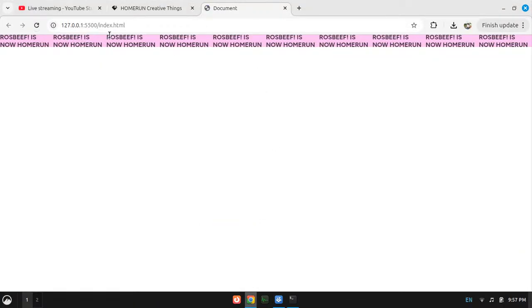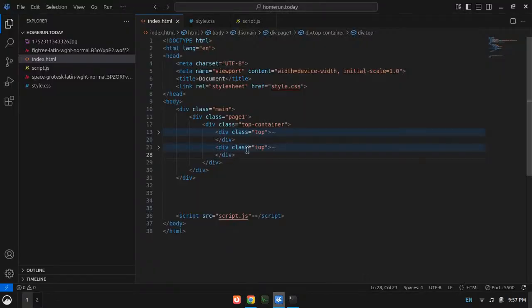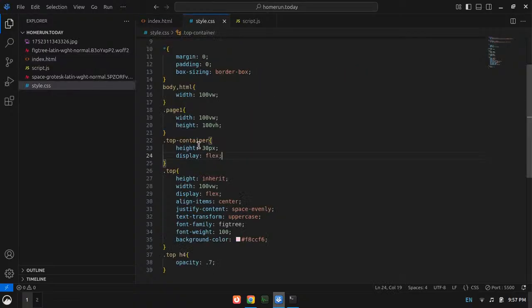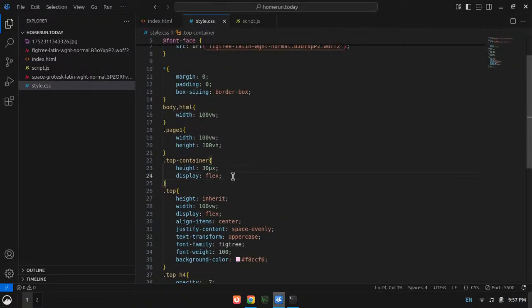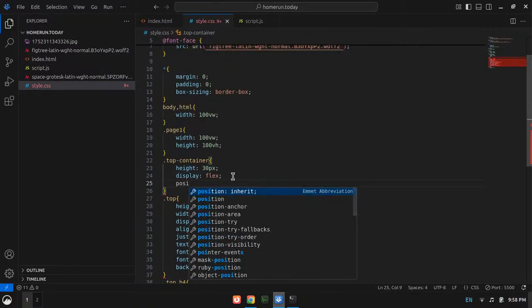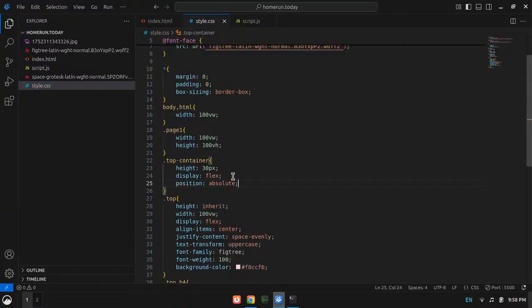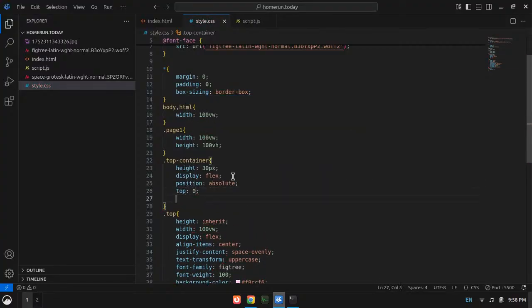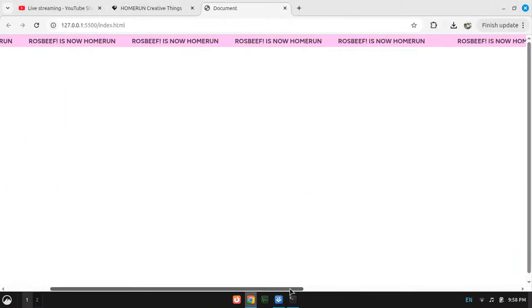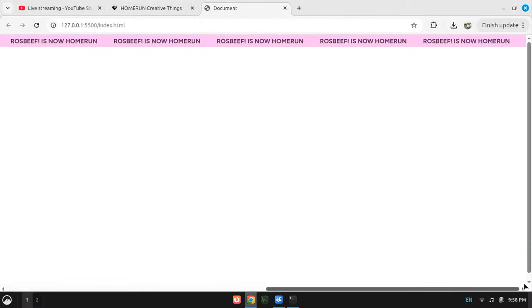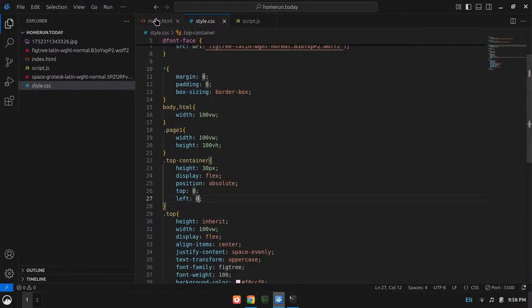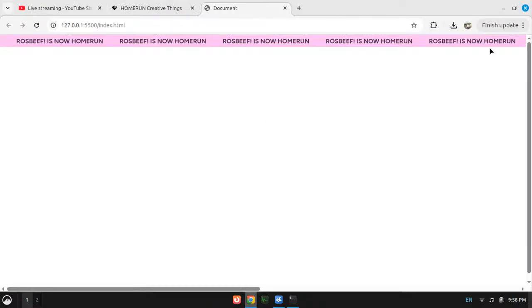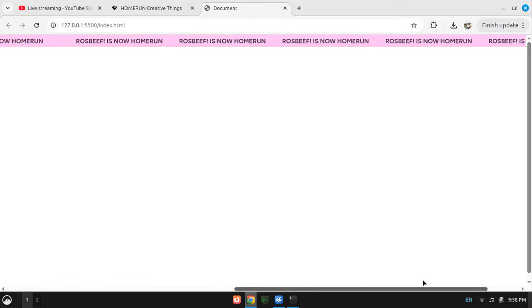What is it trying to do? I'm not sure, man. Oh, okay, I can try one thing, by the way. I can give it a position of absolute, and then top 0, then left 0. Now okay, now it works. I don't know why it happens, but it needs position absolute to actually get beyond the screen. You see, it is going beyond the screen, and for that it needs position absolute.